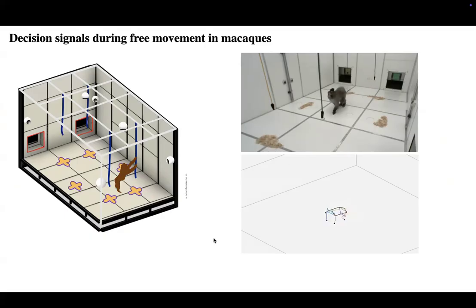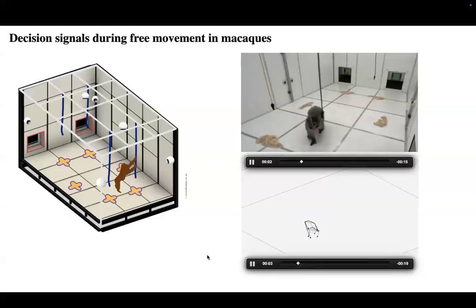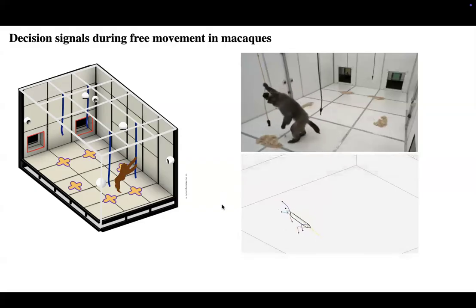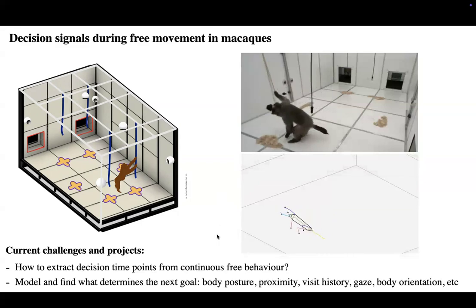And we can get very nice tracking again. This is an example that I want to show you. Here's the real video again, and here's our monkey taking those hanging grapes. Now you can also see the tracking. That part is there, and we can see that. That's fantastic. But the current challenge, or also potential projects,